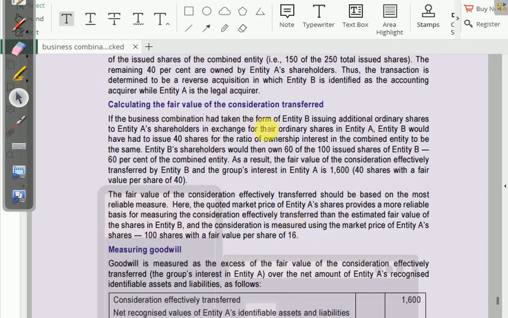क्या कैलकुलेशन, तो फेयर वैल्यू उसमें B ने जो शेयर्स दिए। If the business combination had taken the form of entity B issuing additional shares to entity A shareholders in exchange for their ordinary shares in entity A, entity B would have had to issue 40 shares for the ratio of ownership interest in the combined entity to be the same. Entity B shareholders would then own 60 out of the 100 shares of B, 60% of the combined entity. As a result, the fair value of the consideration effectively transferred by entity B and group's interest in entity A is